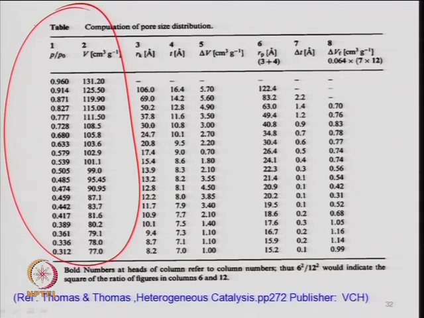If you just carry out a lab experiment without using any software, then you are basically determining the volume of the gas adsorbed under normal condition as a function of pressure, differential pressure, in this setup. So, we have this data, and now what do we need to find out? We need to find out the Kelvin radius, the adsorbed layer thickness, the change in volume between two successive pressure differentials, the volume desorbed,